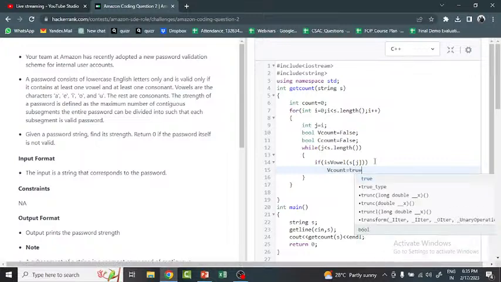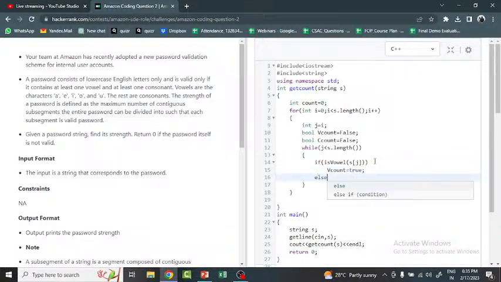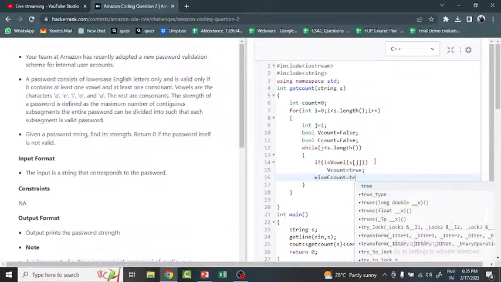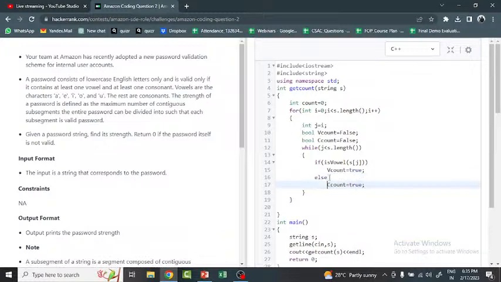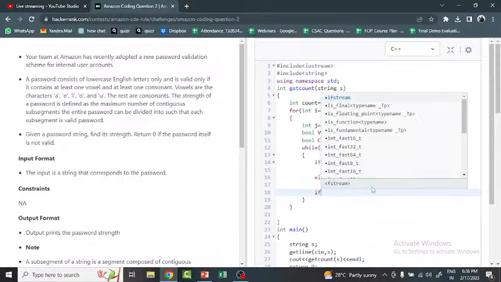Similarly, if the condition is not satisfied, then it is a consonant, so the consonant flag is going to be true. If this condition is satisfied, that means there is a vowel. If not, there is a consonant. And if both the values are true, that is, if there is at least one vowel and one consonant,